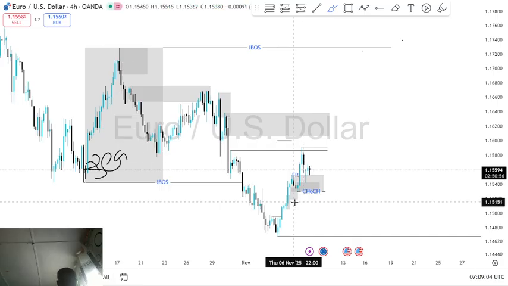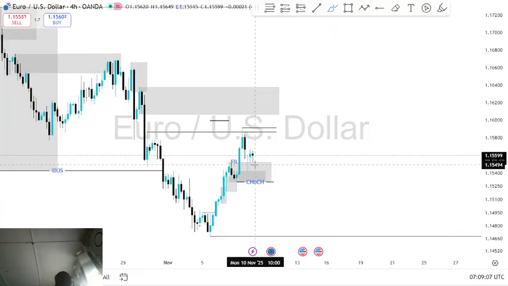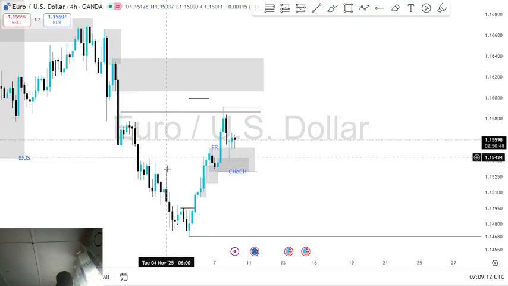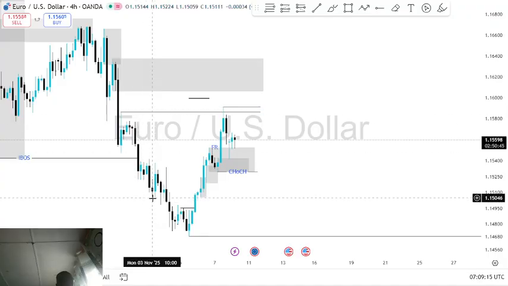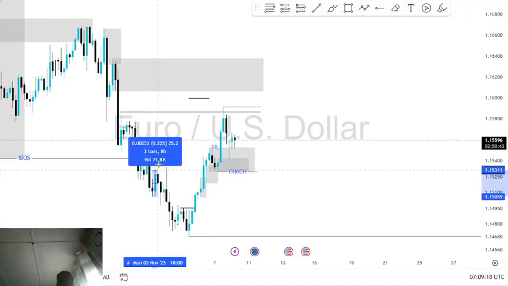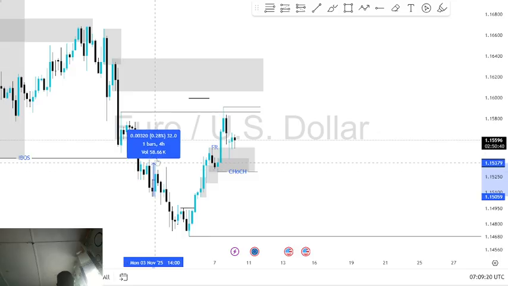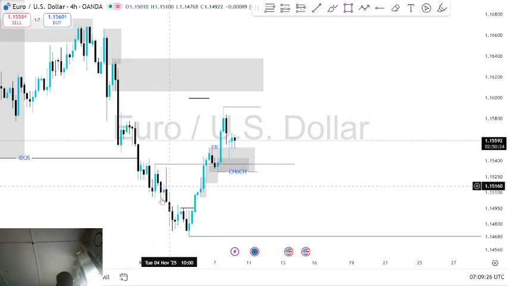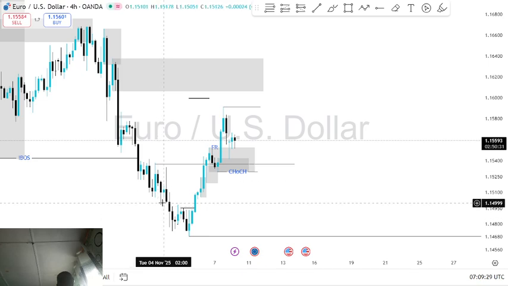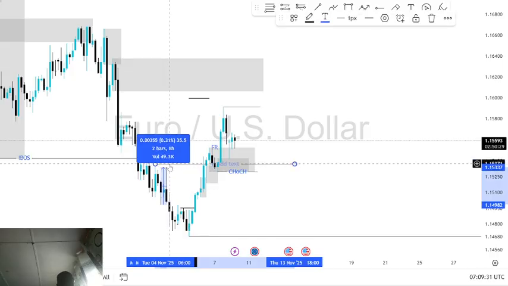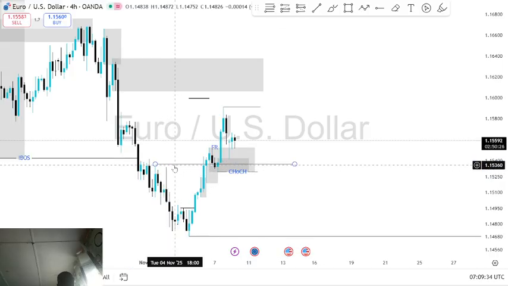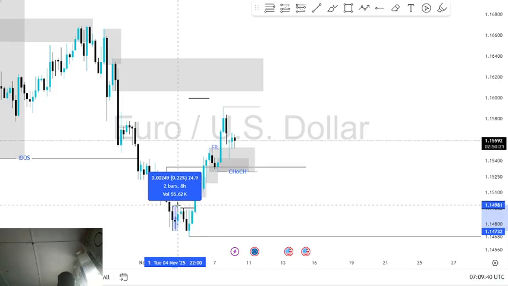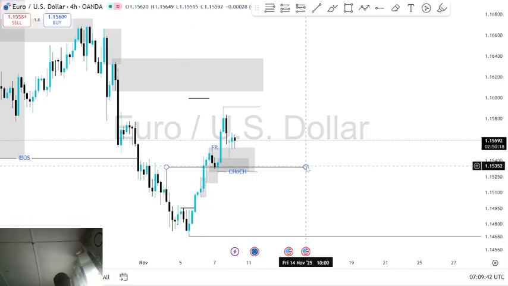But we don't get the true swing pullback until we get an internal break of structure. So okay, looking at this, let's calculate this. 32 pips. 32 pips now internal. Let's calculate this pullback. 35 pips. So we had another pullback here. Let's calculate this. 24. So let's say here was the last